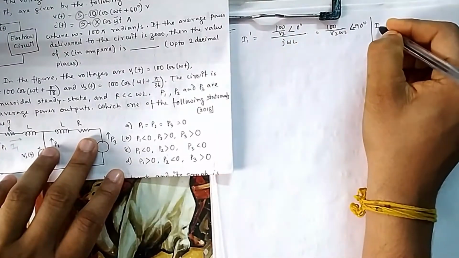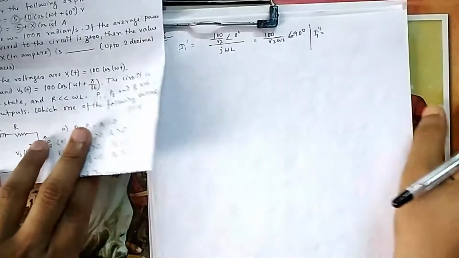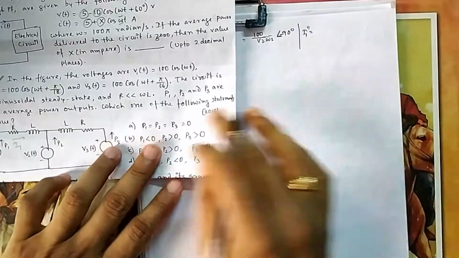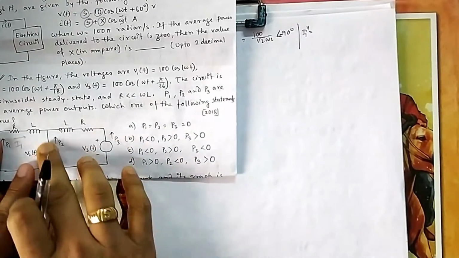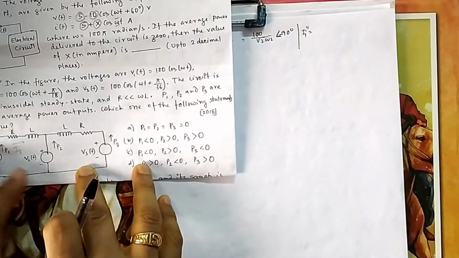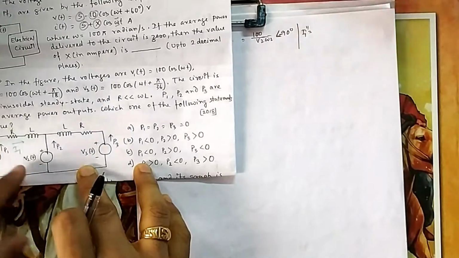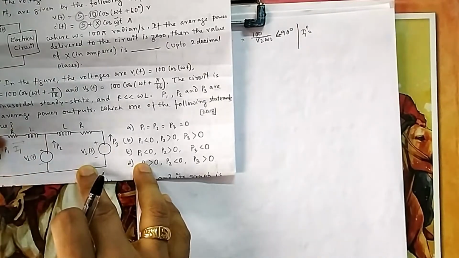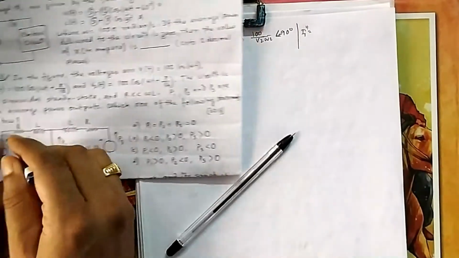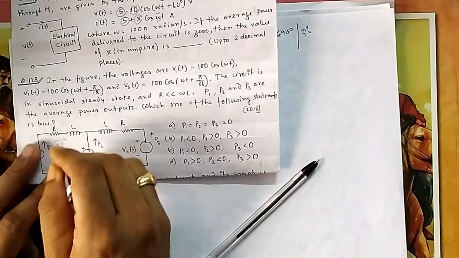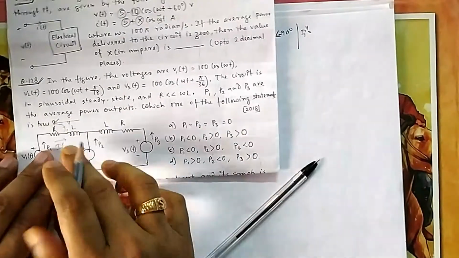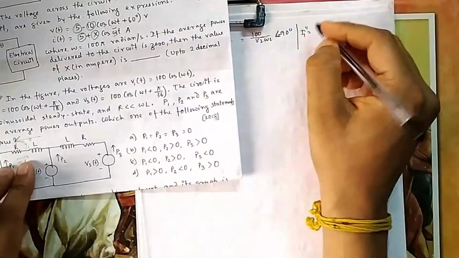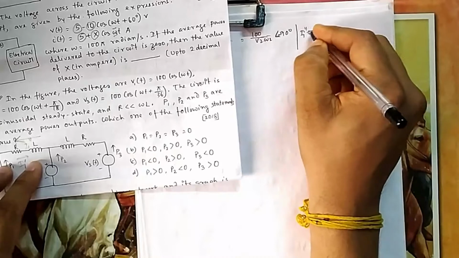Similarly, you can calculate I1 double dash. What will be the current now? Now this voltage source is on and these two are shorted. So current will come and divide into two parts, and this voltage will come across this. This side current will now flow in this direction. I1 dash was in my normal direction, but if you calculate I1 double dash, it will be in the backward direction. So it will have a minus sign, because this direction is the standard for me.